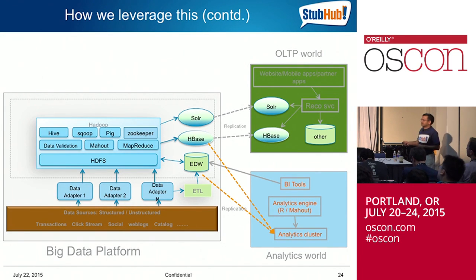Remember, one of the first use cases that I talked about was recommendations. How do you recommend to people on StubHub as a user comes in? So the data is coming in, all of the user interaction data, and people are analyzing it. This is the batch stuff. I'm not showing Stream here. Stream is a different path. And then the data gets replicated here. Our recommendations API, for example, looks at the results from HBase and Solr and immediately reflects it back onto the website. The user actually sees that.